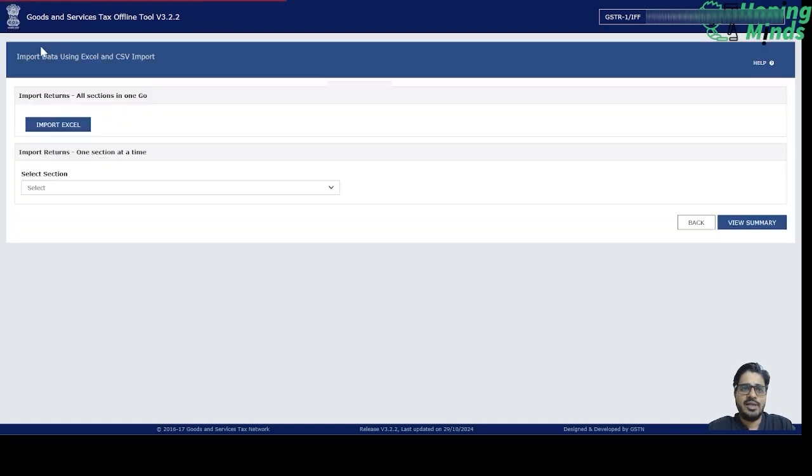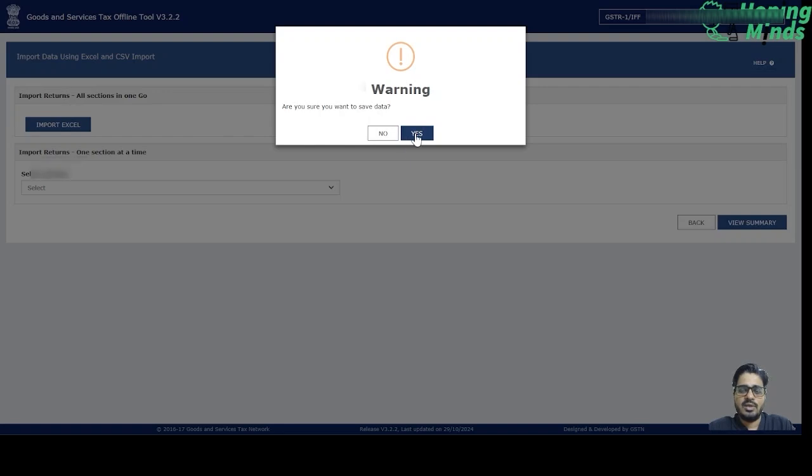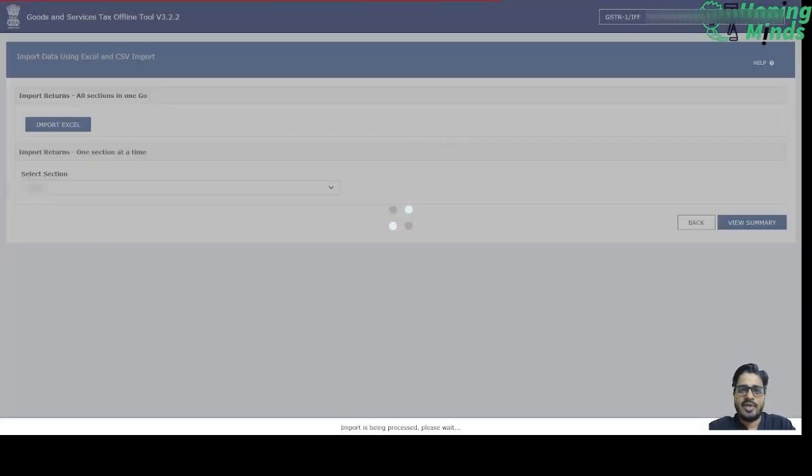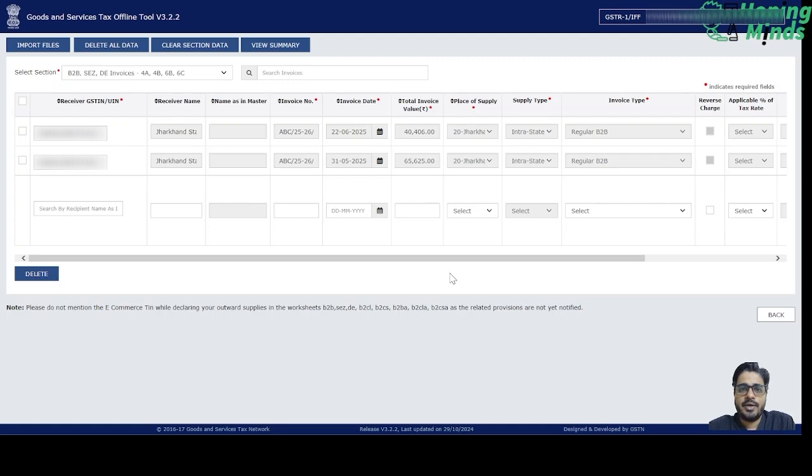So we'll click on import files. Here we have import Excel. We can either import the entire Excel file here, or we can import the CSV of each table independently. So we will import the entire Excel file. So the file is getting imported. Here we can see the file has been successfully imported, and now we can view the